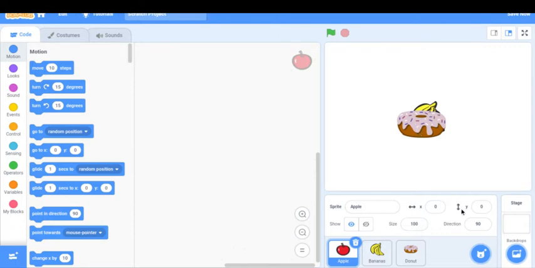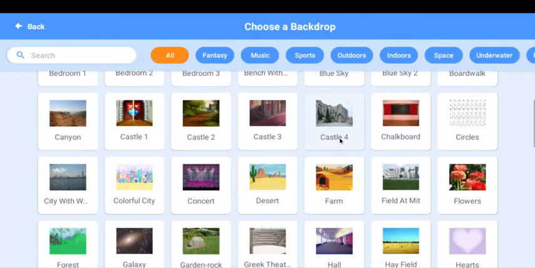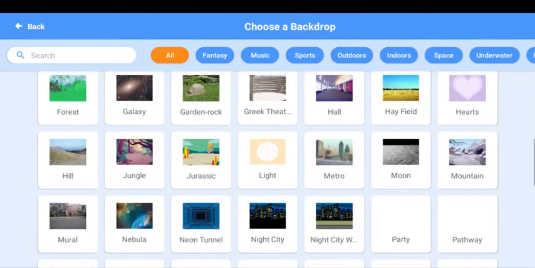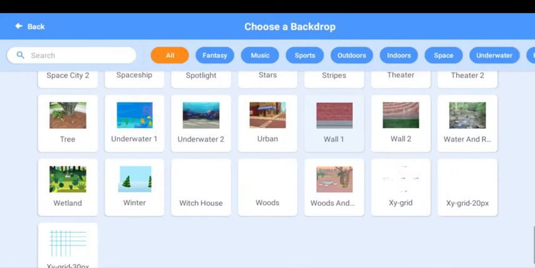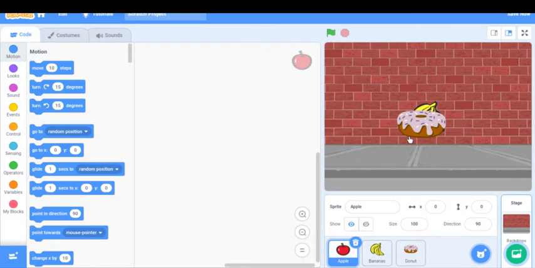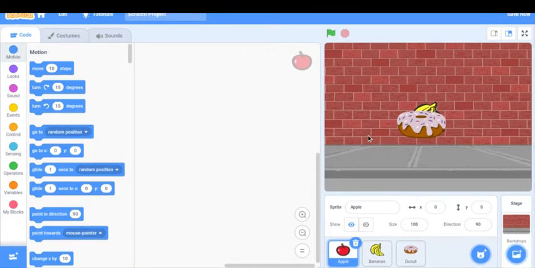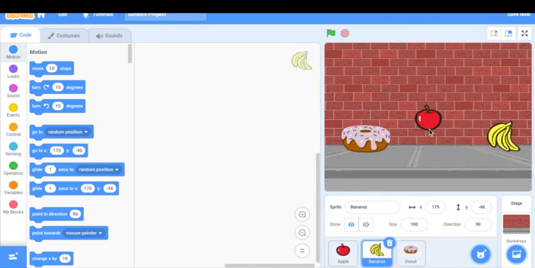All right, so from here, I'm going to go ahead and pick a background from, choose a backdrop here. I'm going to go and pick an appropriate background. So whichever you want, but me, I want something specific. I want a wall. Where's the brick wall? I think this will do. Yes, so my brick wall is here. I have my donut here, and then I have my bananas here, and then here we go, I have